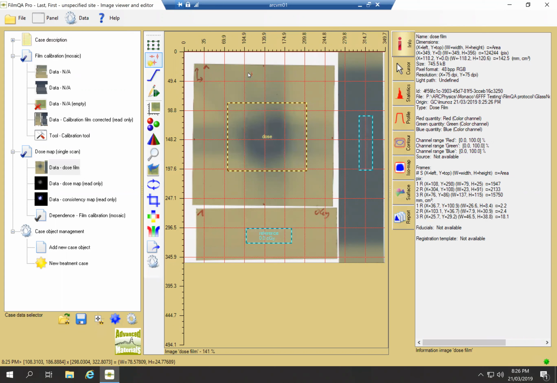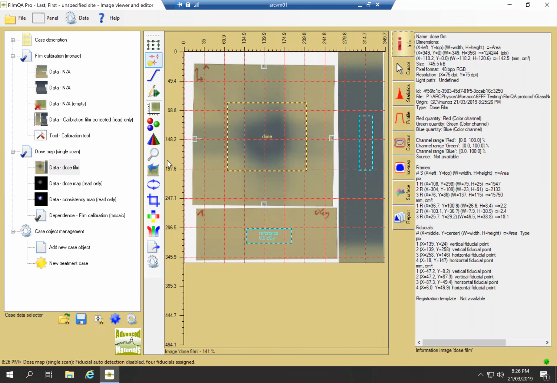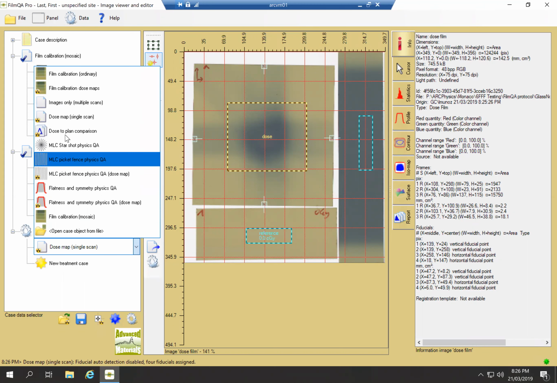From here, I will register film with fiducials in the vertical and horizontal orientations, and then proceed to open dose to plan comparison,